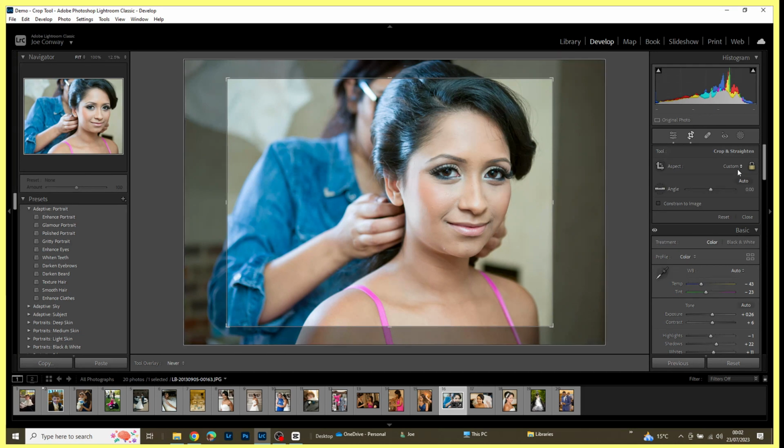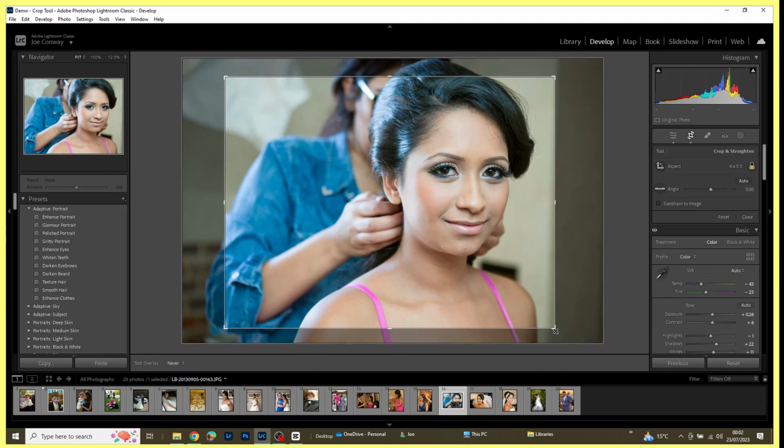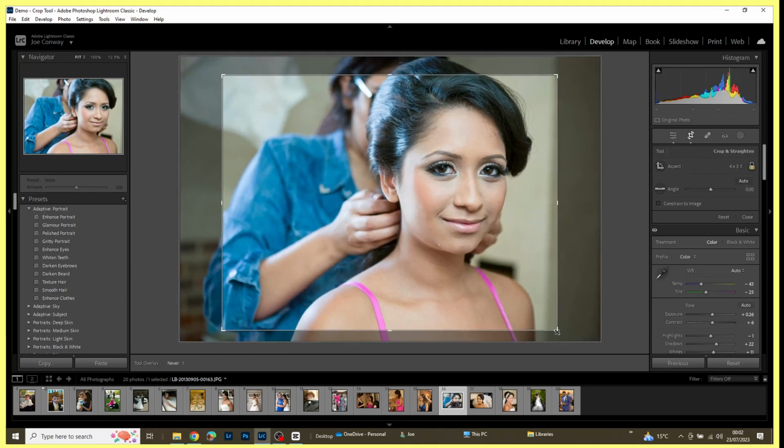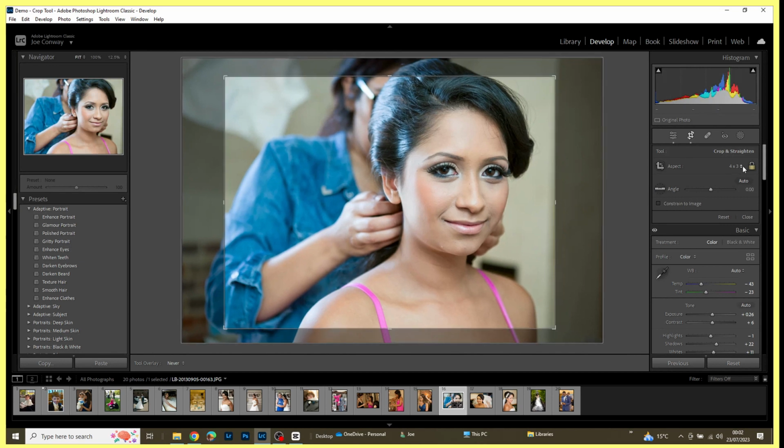But if we look across here, it's showing as custom, which doesn't seem quite right to me. However, I've noticed that if you just very slightly tweak the crop, we're showing the correct 4:3. So I don't know if A, I'm doing something wrong, or B, that's a bit of a glitch in this tool, but the way to get around it is just slightly touch it, and you should go back to the